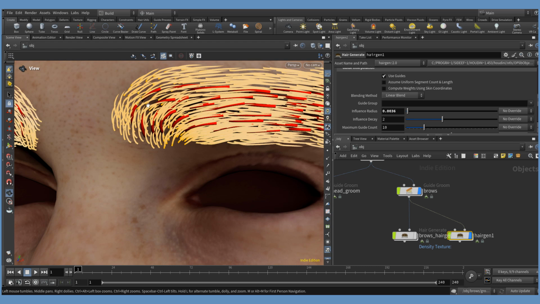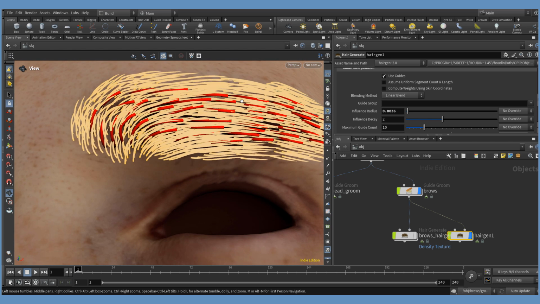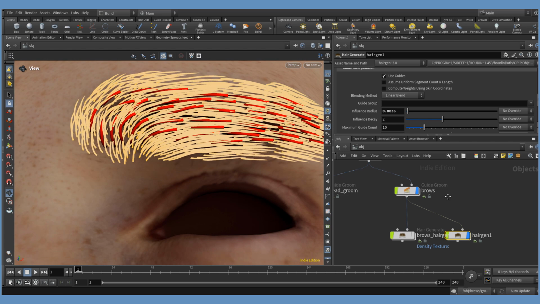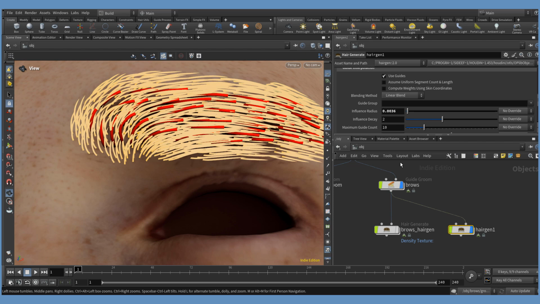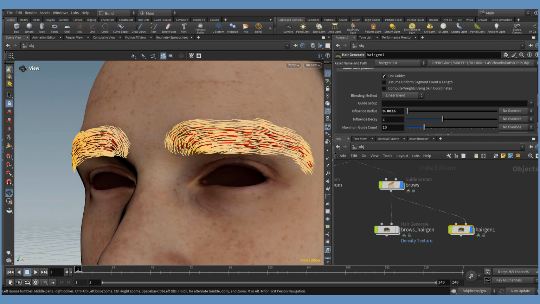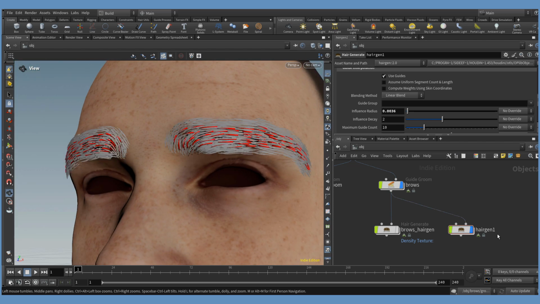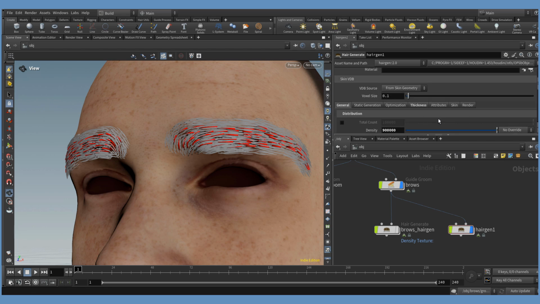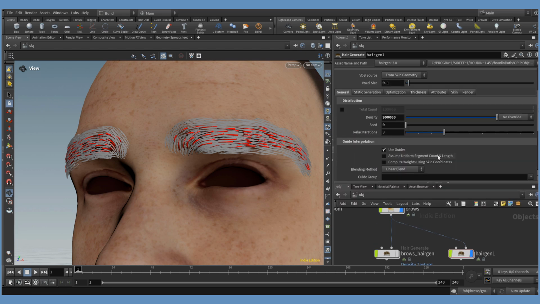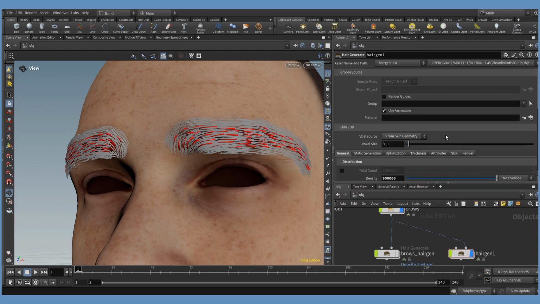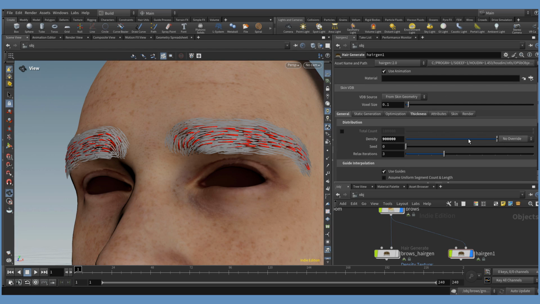But again, we still want to limit where the hair is actually growing. So that's what we need the mask for. And I think that's pretty decent. So if we scroll up, we're going to find an option to control where the hair grows with density. Oh, I'm sorry, not by density, but by density attribute that you can create. So here's the density right here, and we have our overrides,